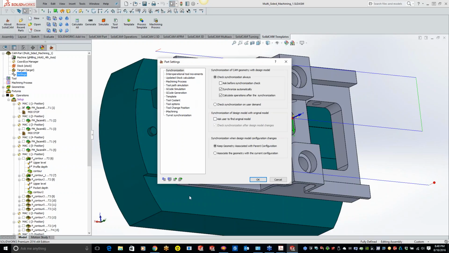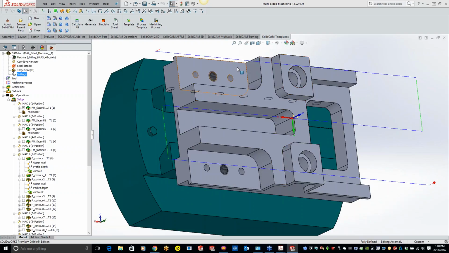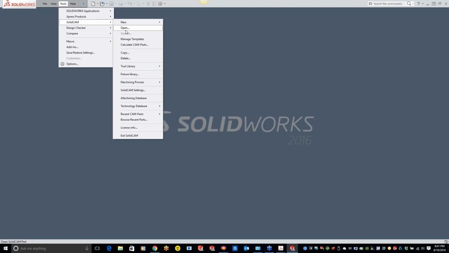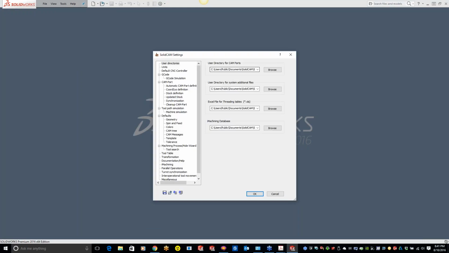We try to take a different approach with post-processors. We don't want to take the typical CAM industry approach to posts and try to extract every single penny we can from you for just creating a simple post that does subroutines.